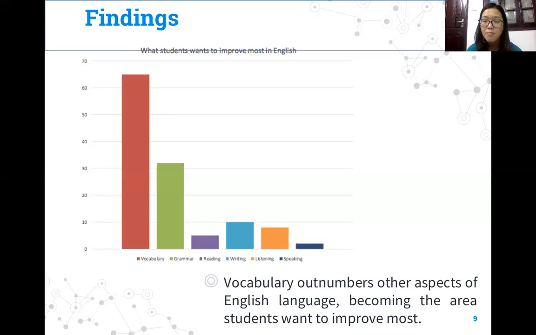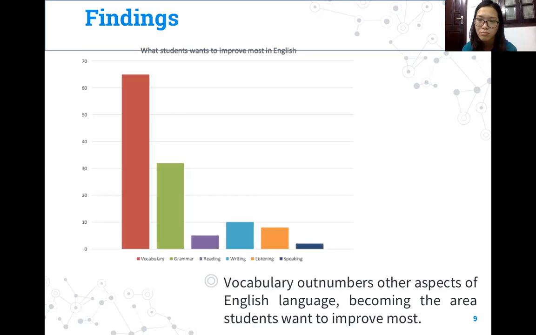In the interview, many of them said that vocabulary is very hard for them compared with other skills like grammar and speaking, listening, writing, and reading. So they really want to improve their vocabulary. Others said that vocabulary is the core. To be more specific, if you want to talk, you need some words to talk, or if you want to write, you need to have enough vocabulary to write. So students really want to improve their vocabulary so that they can become better at English and they can use